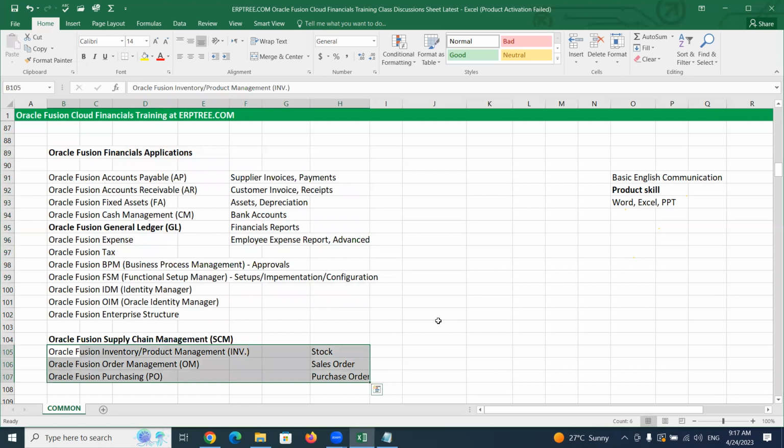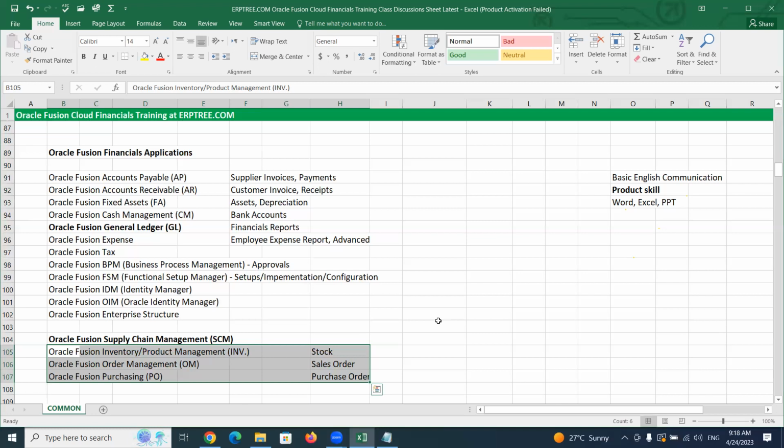Because these SCM applications are very, very neighbor applications for financials. We should be aware of minimum basic things about our neighbors. In the same way, in the system also, we should be aware of the neighbor applications called supply chain management applications. These applications have a tight connection, next to next.